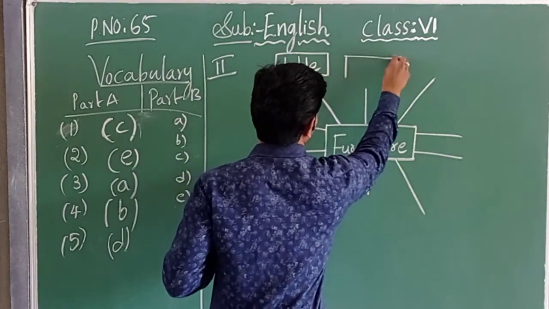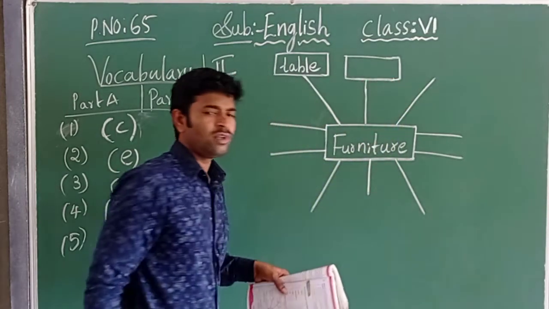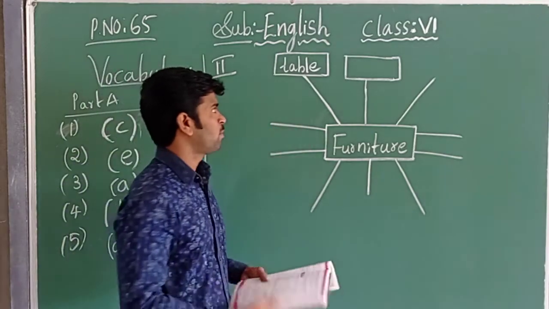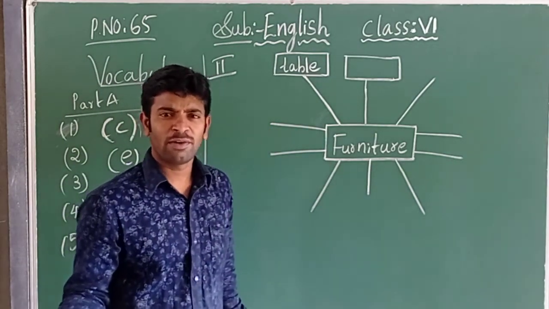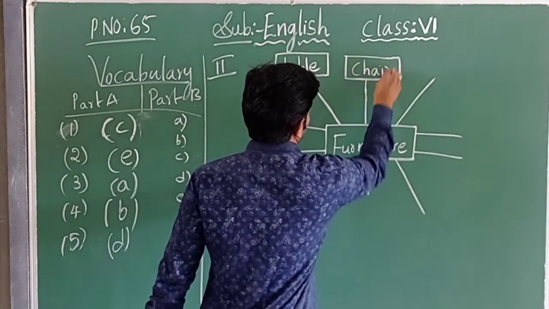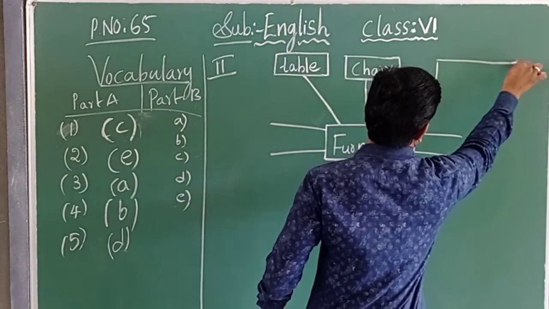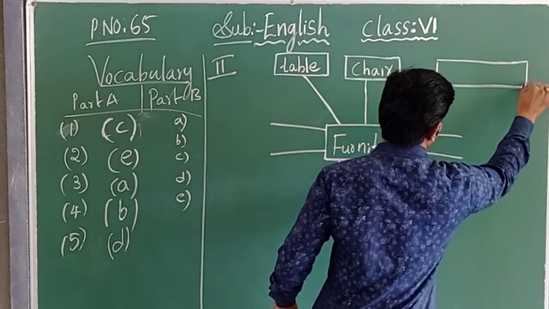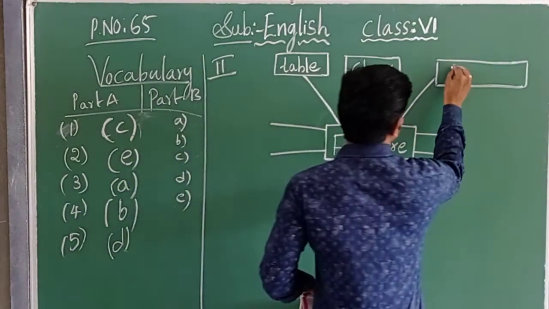Now, second one, children, you should be able to tell. You should be able to answer, children. By your own, you should write. Suppose table, it is made of wood. Again, there are a few things which are made of wood. Chair, you can write. Chair. Okay. Chair, you can write. Next one goes to the chair, normal chair. Now, you can write the cradle chair.